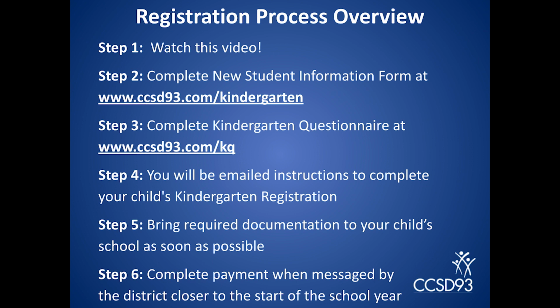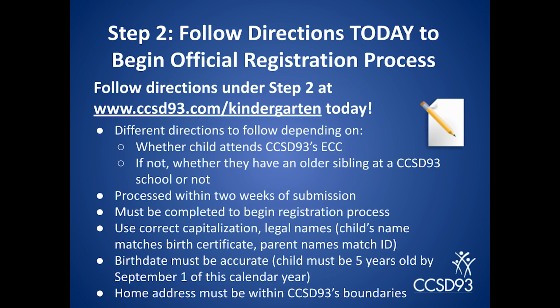The purpose of this communication is to help you get started with our registration process so we can begin to prepare for your child's kindergarten experience. In the following slides, I will take time to share with you a little bit about the kindergarten experience and what you can expect moving forward. To fully register your child for kindergarten in CCSD 93, you will need to complete each of the 6 steps listed here. After watching this video, it is essential that you follow step 2 at